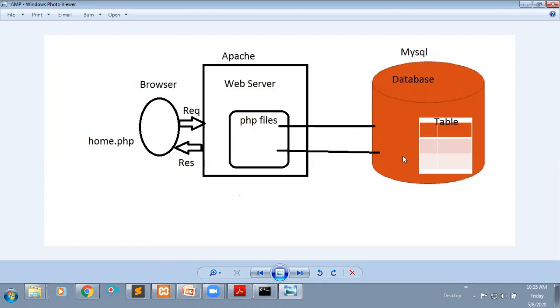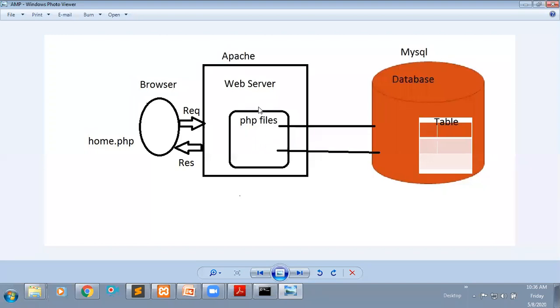Then, whatever data I have retrieved here, I need to display that to the client or user. A simple example: consider you are going to get your JNTH results. JNTH people, after valuation, will write some PHP code.